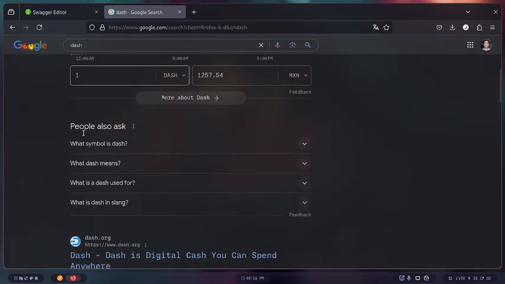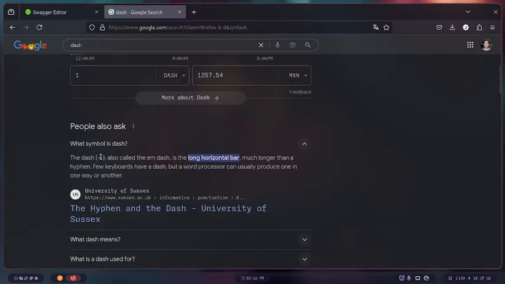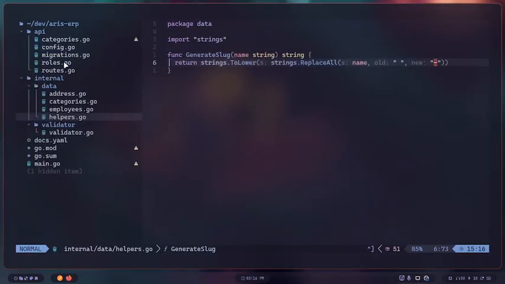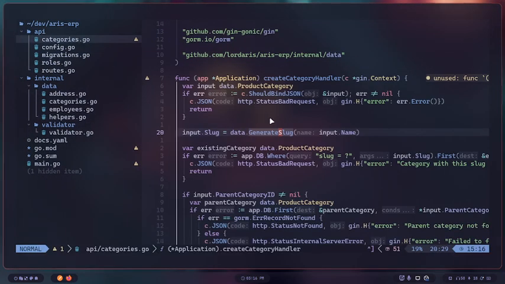Dash, dash, dash symbol. Oh, it's not a dash, it's a hyphen. Okay, so it uses a hyphen to replace spaces. Okay. Then